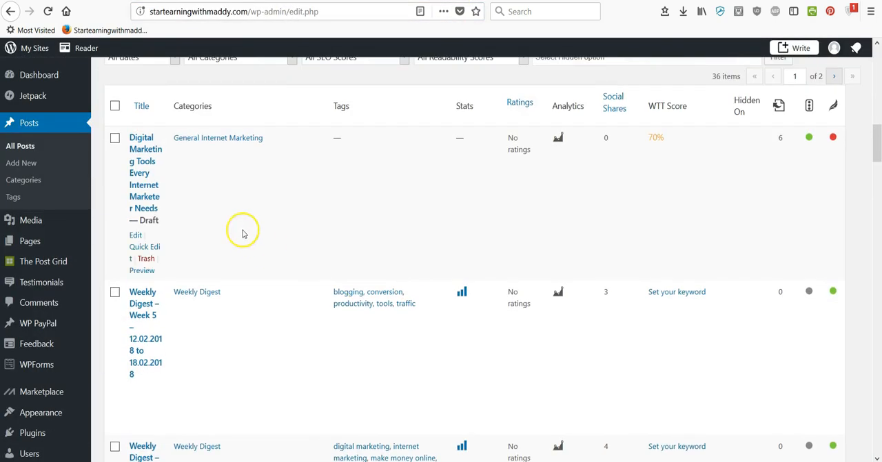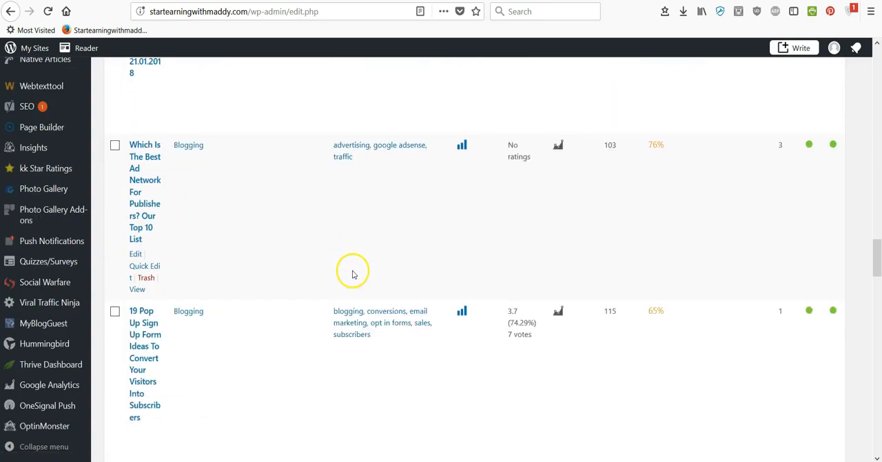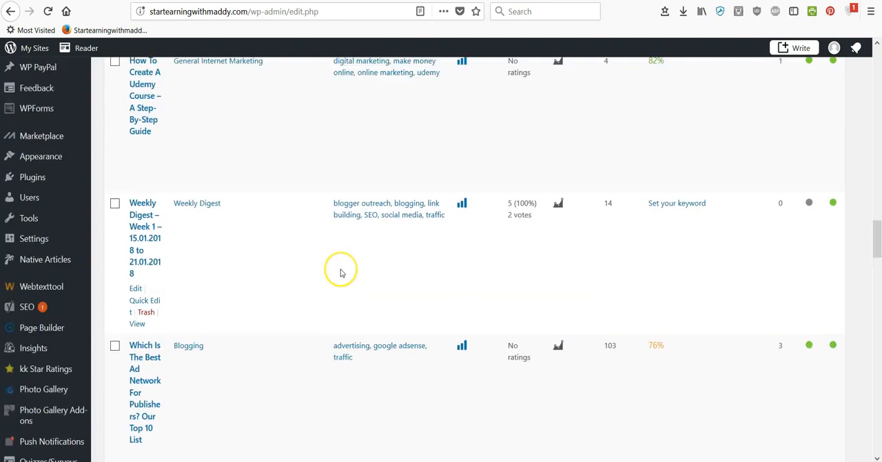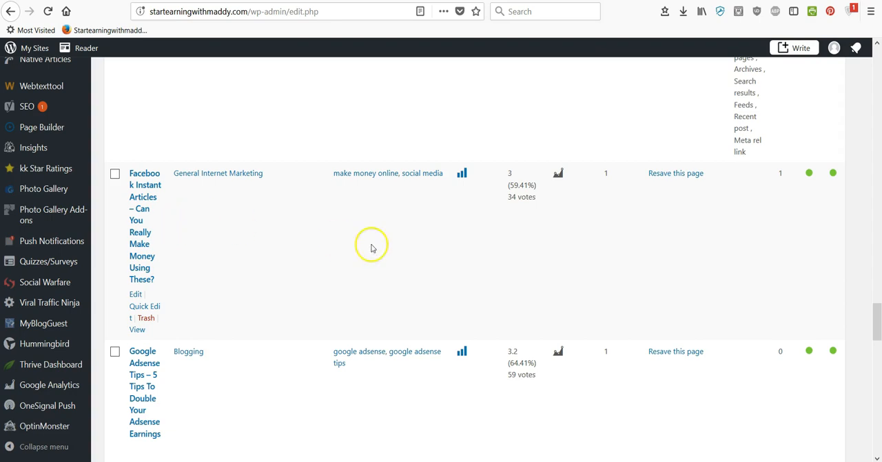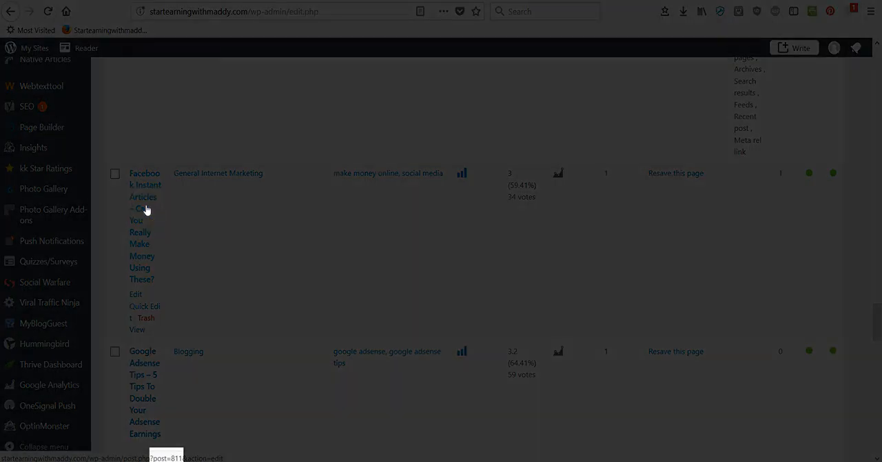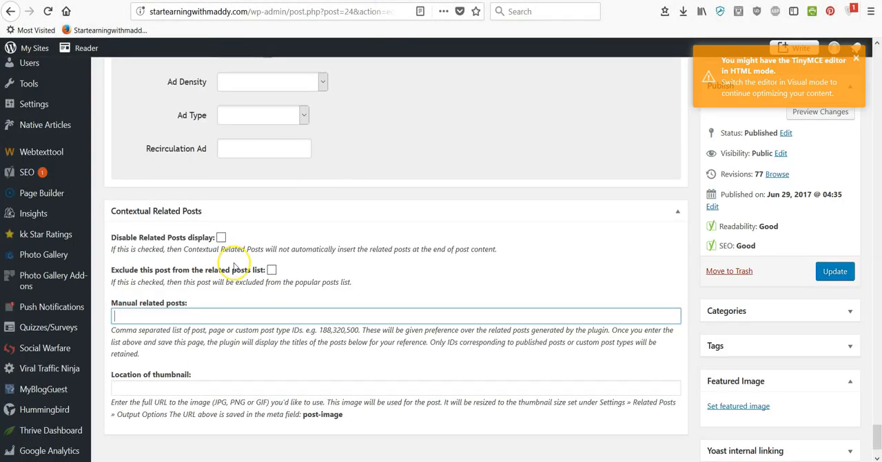For that we have to come to the all posts area and then choose a blog post you need to mention there. For example, let's say I want to list this article about Facebook Instant Articles. When you move your mouse over the article without clicking on it, at the end of the screen you will find a number that pops up. What you do is you take the number. For example, here it is 811. I'll go and type the number here, 811,